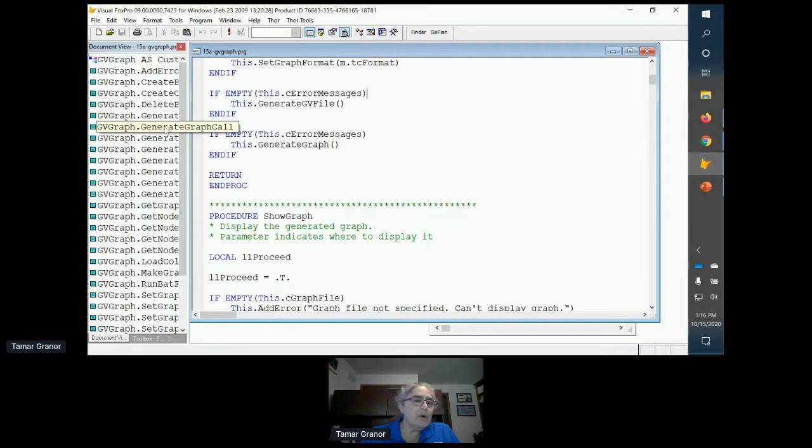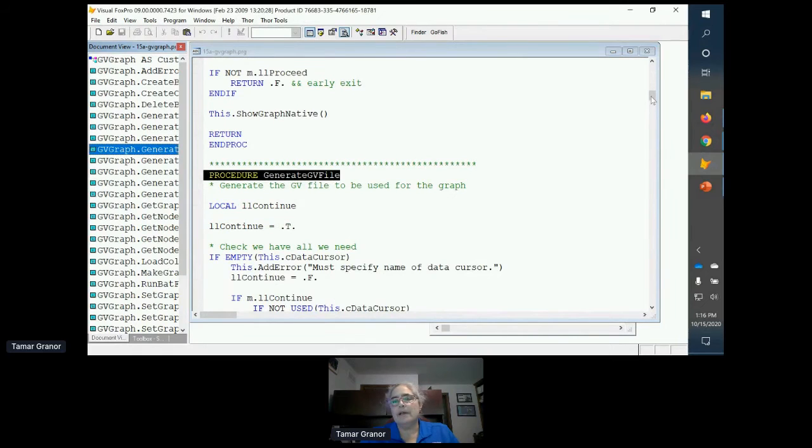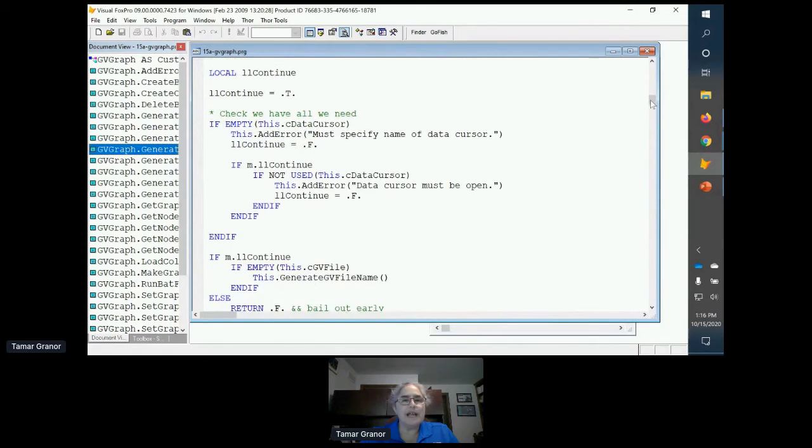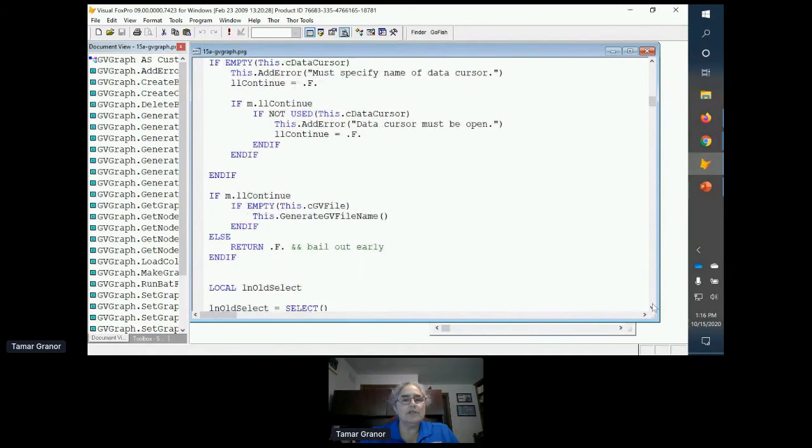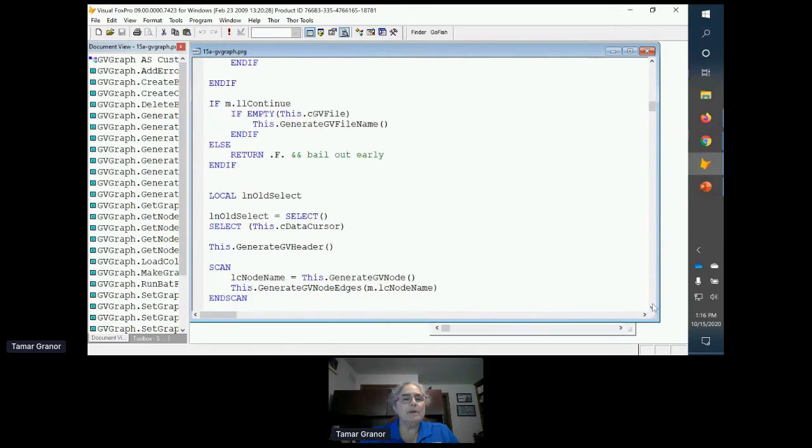Generate GV file is a template method, as was really make graph. It doesn't do the work itself. It calls a bunch of other methods. So we do some error checking here to make sure that we actually have a data cursor, and assuming we've got a data cursor and it's open,